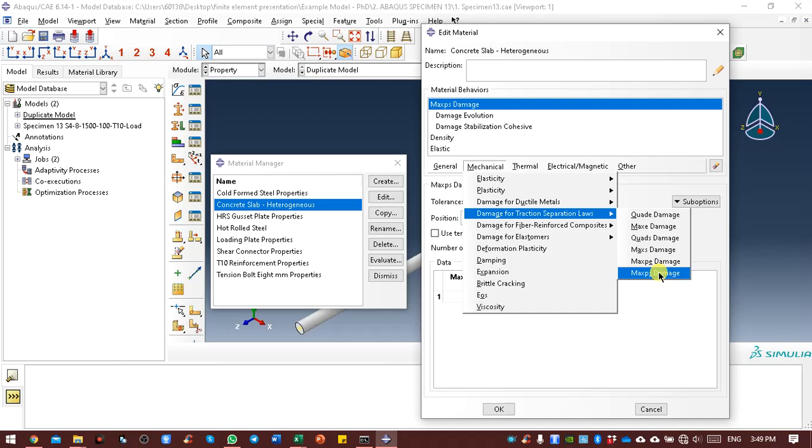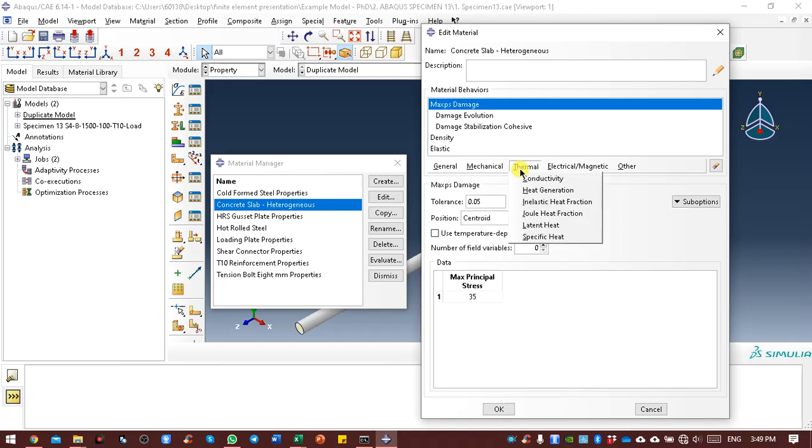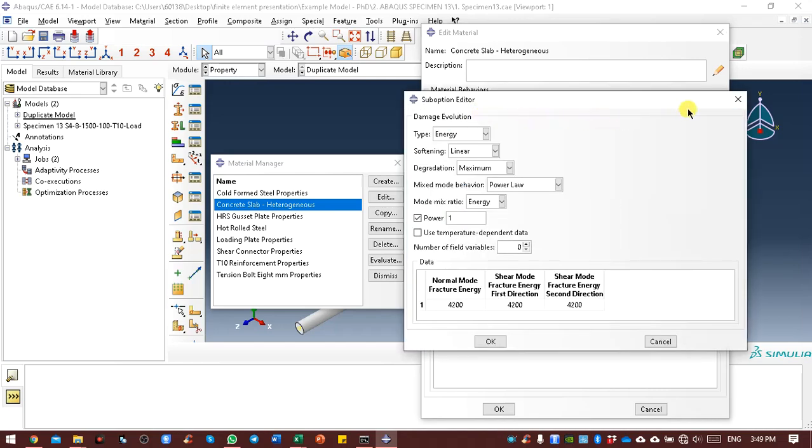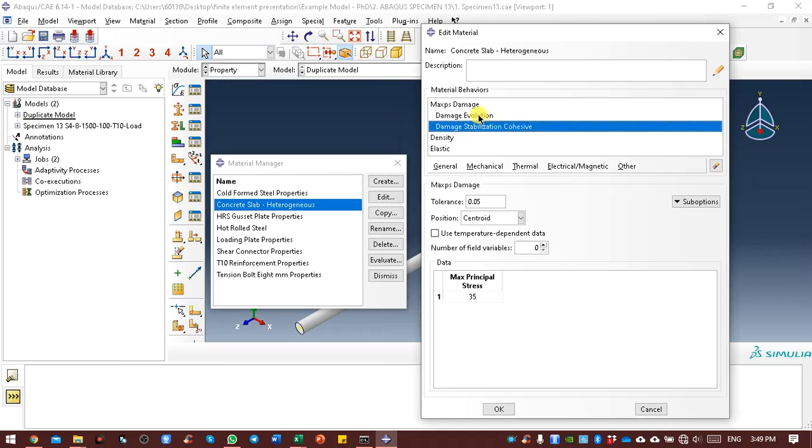So we try to use the max damage, in which we have the damage evolution and also the damage stabilization cohesive.